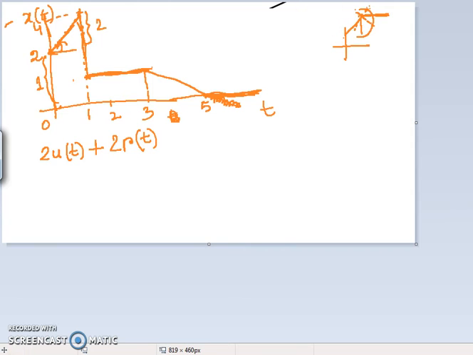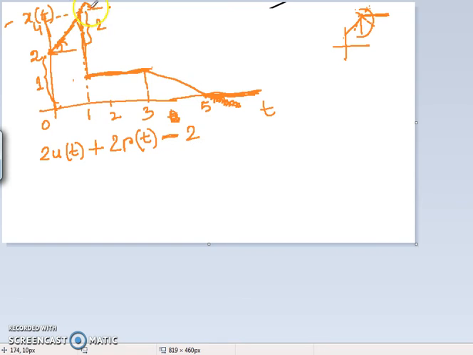Clear? So that means at t equal to 1, first we have to take a negative ramp, which is going to cancel out this ramp. So we know when we give a negative ramp to cancel a ramp, it should have the same slope. But the slope magnitude will be negative. So there will be a negative sign here, and the slope will remain the same, 2.